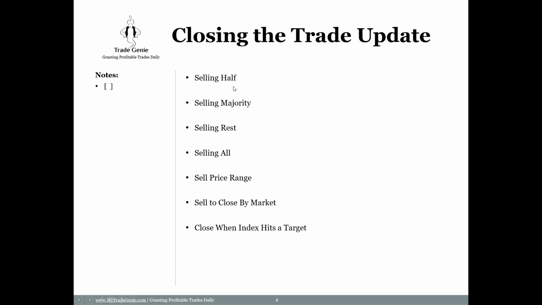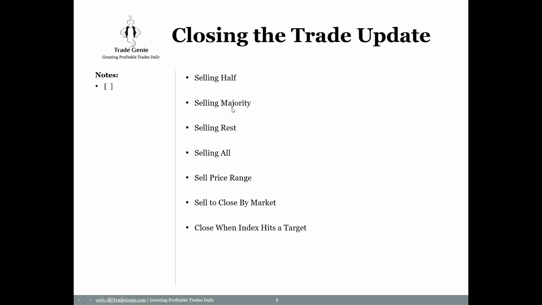Let's say the market hits the yellow target. When it hits the yellow target, it's the middle. I may send you the alert to sell half of your position. So if you have 10 contracts, you sell half at the yellow target, and I'll explain what the yellow, green, and red mean, so you have a better understanding why we are selling half and majority.